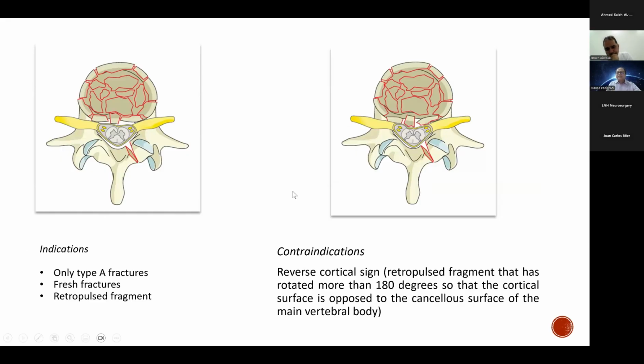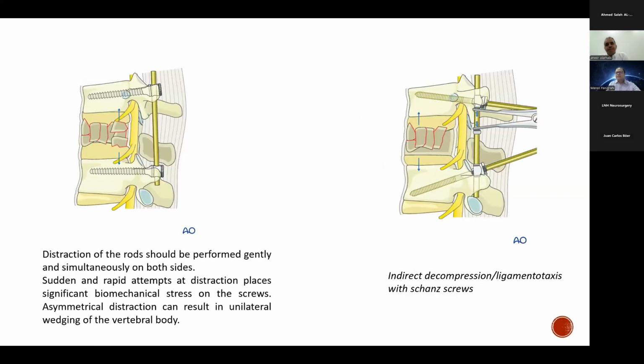Whereas indirect decompression should not be done. It's contraindicated if there is a reversal cortical sign. If the retropulsed fragment has rotated more than 180 degrees, you can see here the black line and the red line. The red is the cancellous bone. If it's rotated more than 180 degrees, one should not attempt an indirect decompression. One should do a direct decompression. So this is what indirect decompression is. Once you put the pedicle screw, one can